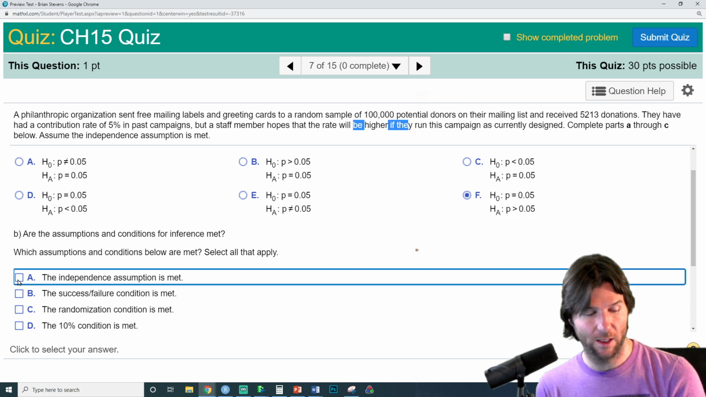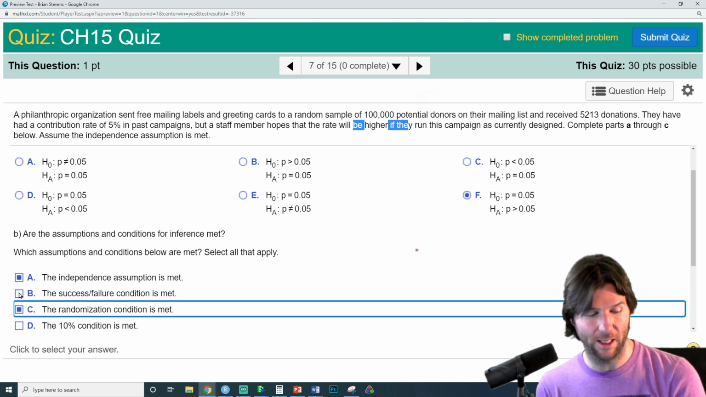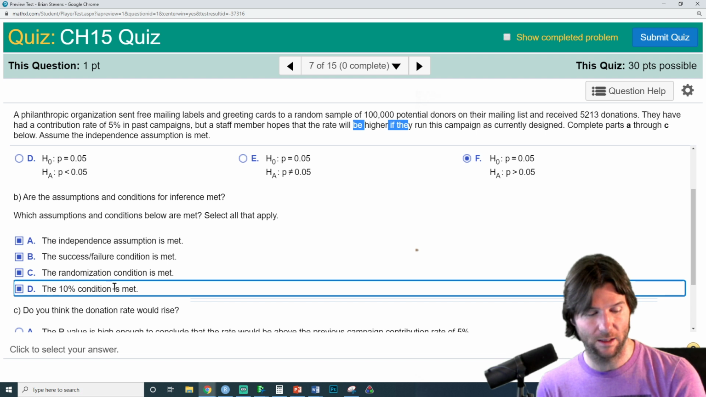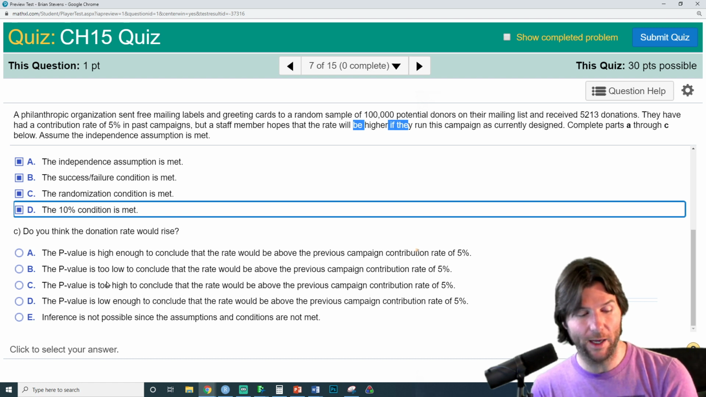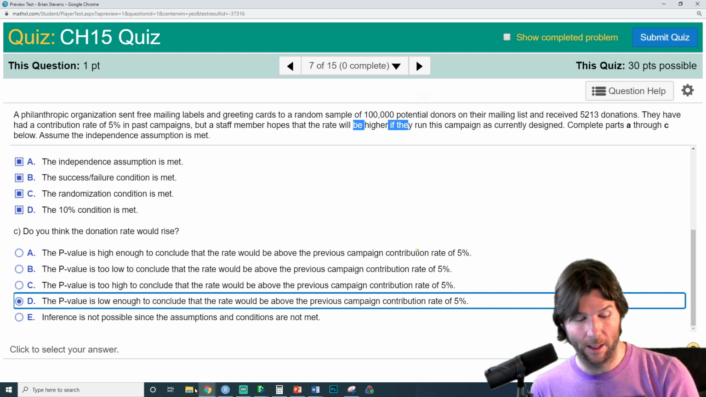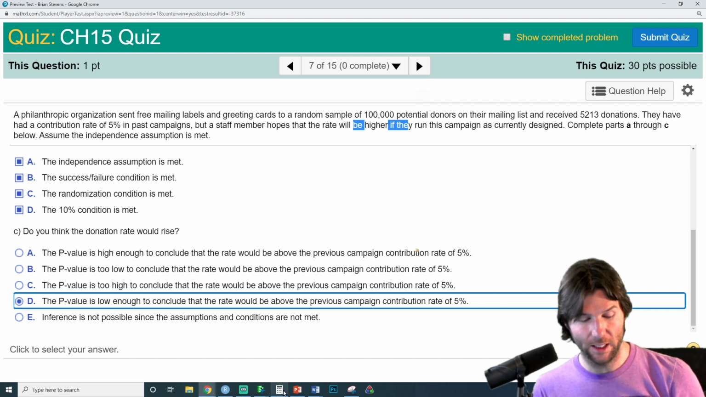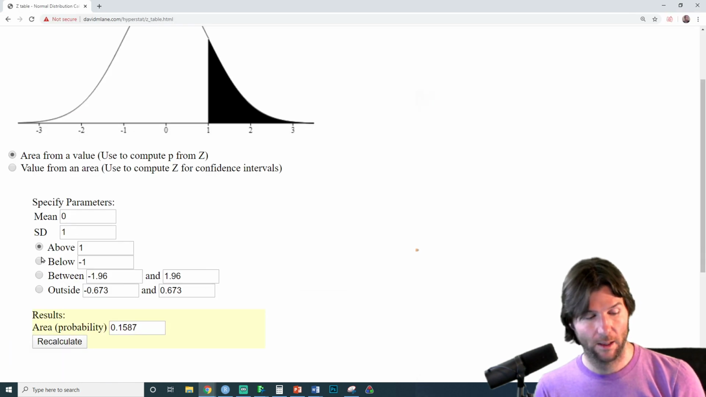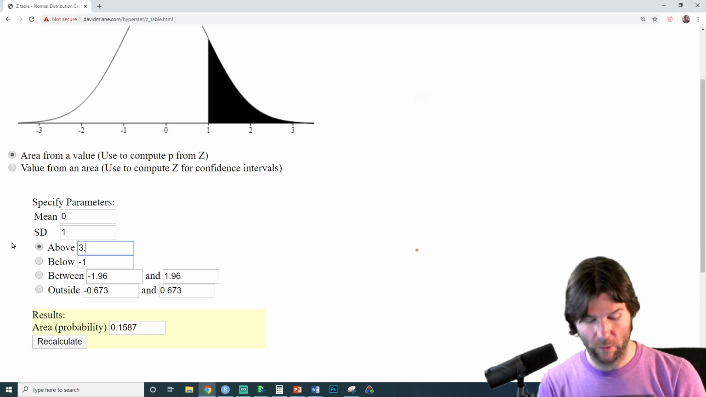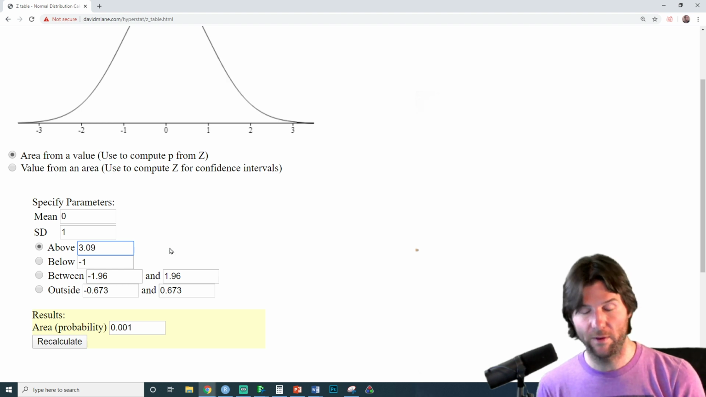Are the assumptions met? Randomization and independence seem to be met. Success, failure, and 10%. Do you think the donation rate would rise? So we do have evidence. The p-value is very low, low enough to conclude, and let's show this graphically. We're going to take the z-score we got of 3.09 and go to the David M. Lane applet, and we want to go above. So we'd go to 3.09, and the p-value is right here of